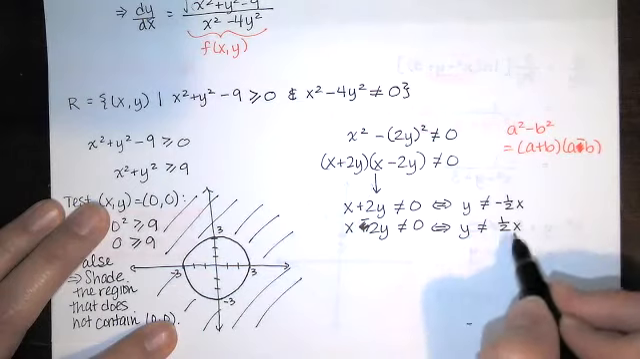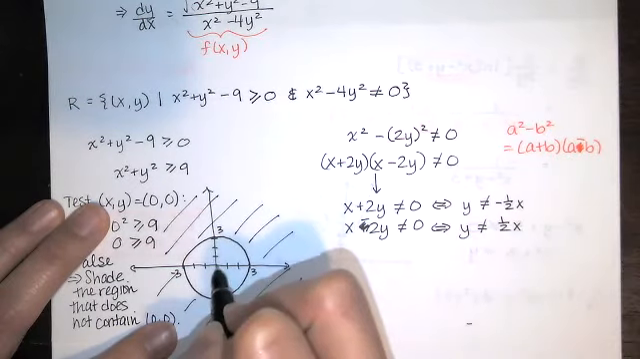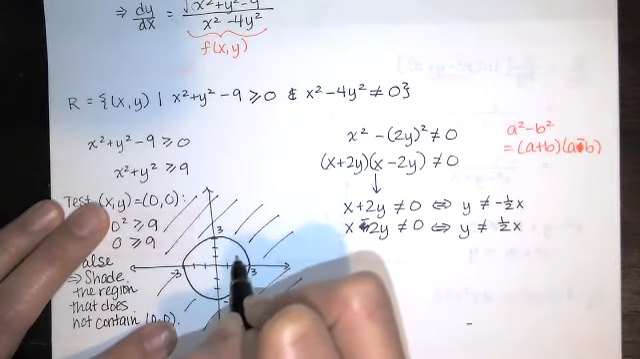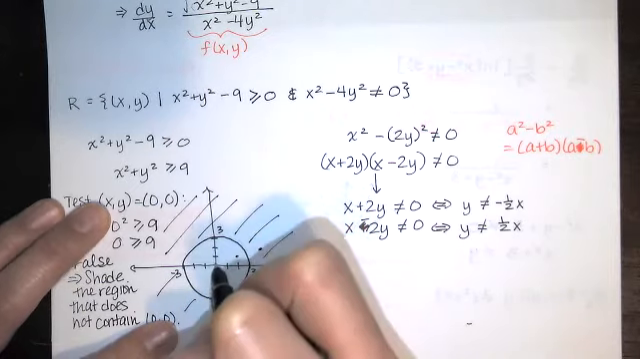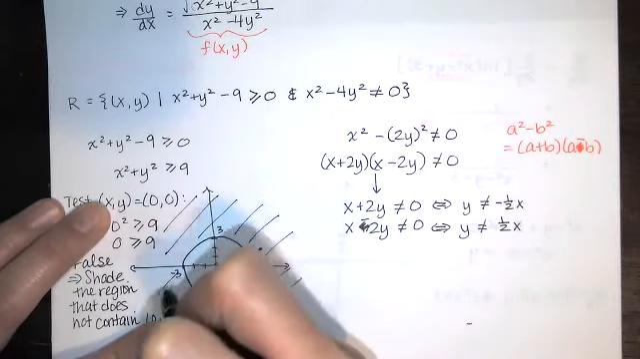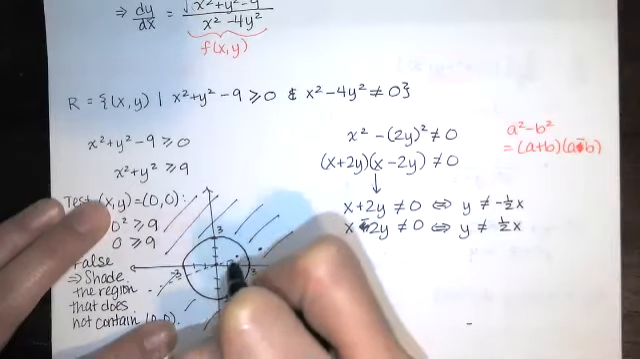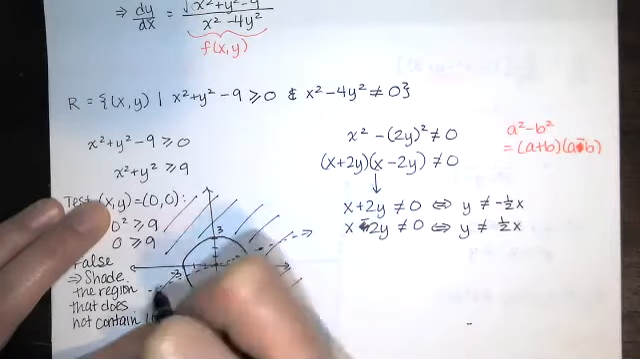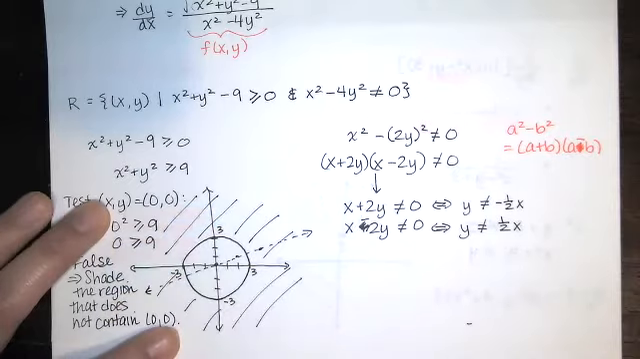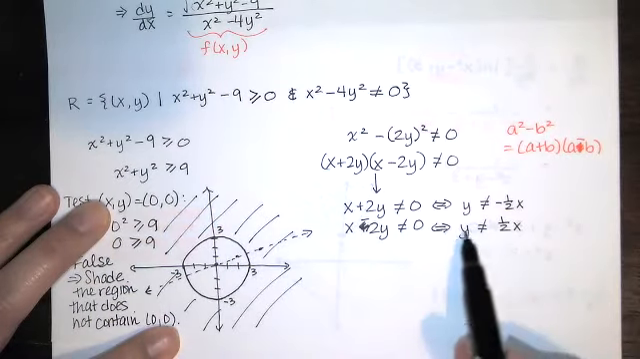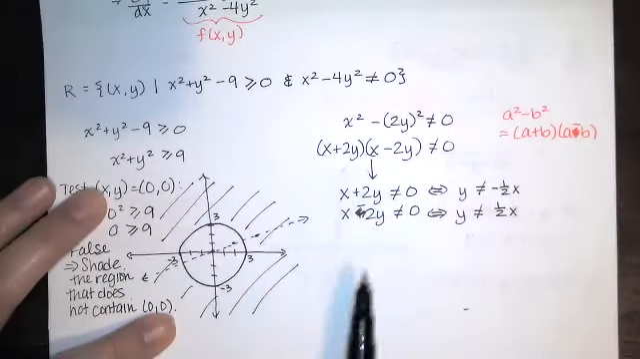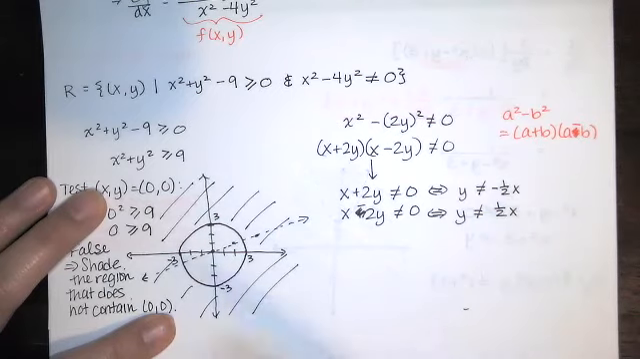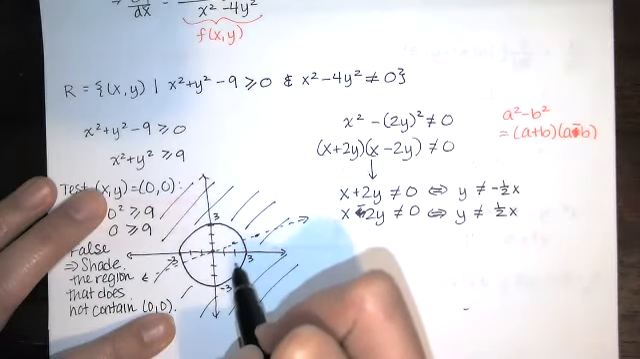So I'll do y equals 1/2 x first. We go through the origin, go up 1 and over 2, up 1 and over 2, and so on. And then you want to draw a dotted line through that. And then that's this line. Y is not equal to 1/2 x, because if it were, we would be dividing by 0. And then y is not equal to negative 1/2 x. So go down 1 and over 2